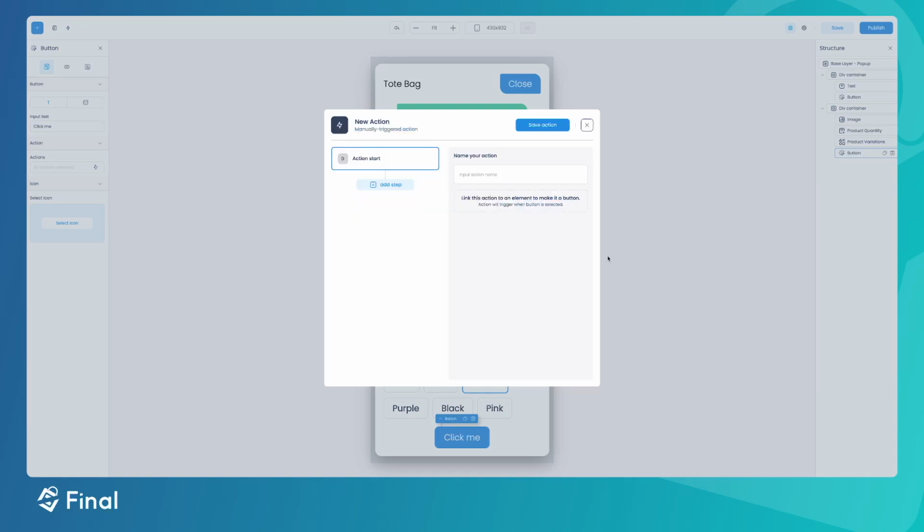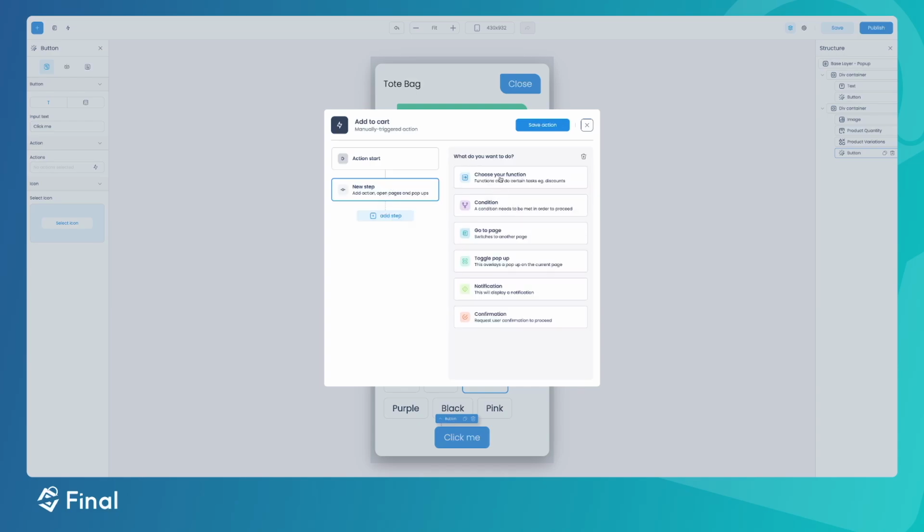And let's call that action. We're going to create a new one here. Let's call it add to cart. And then we're going to say next step. We're going to say choose function, add product to cart, and add the active product to cart. What this does is whatever product is selected and the quantity and variation that is selected will be added to